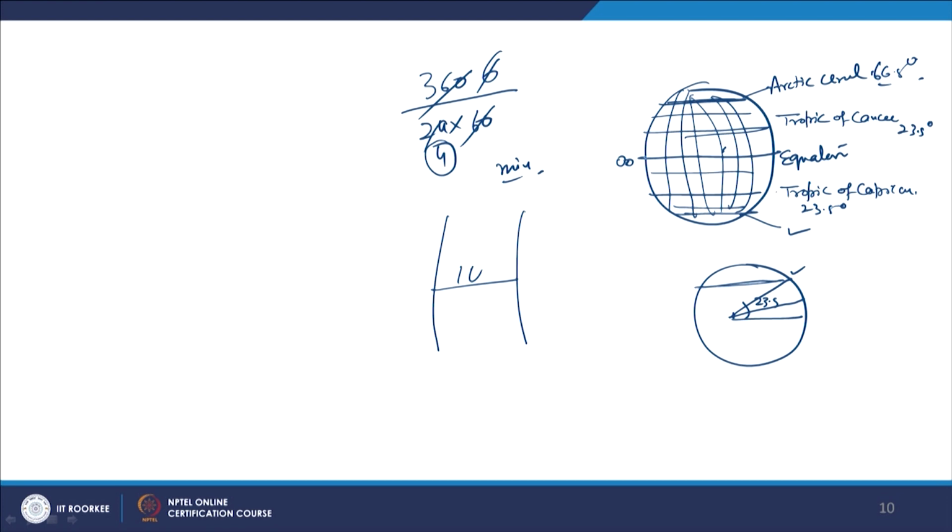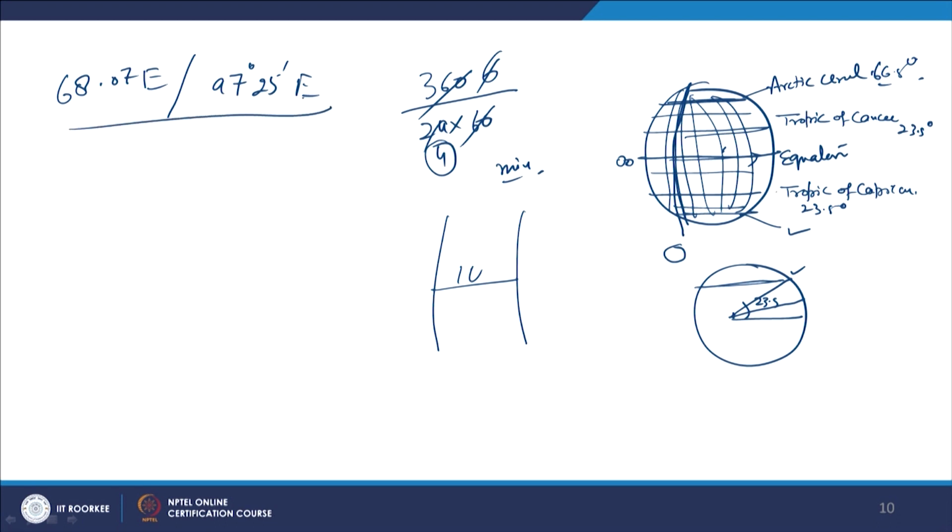That is why there is a 0 longitude, which gives the Greenwich Mean Time. It passes through somewhere in England, and has longitude, not latitude, as 0. And then we move towards the east, and the longitude of India, for example, is 68.07 degrees east to 97 degrees 25 minutes east. That is from west to east longitudes of India. If you take the difference, it is simply 97 minus 68, so it is going to be 29.